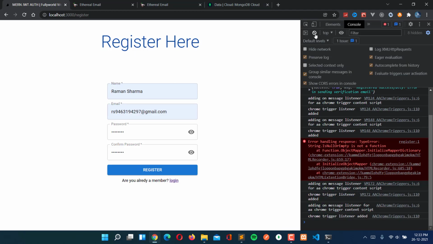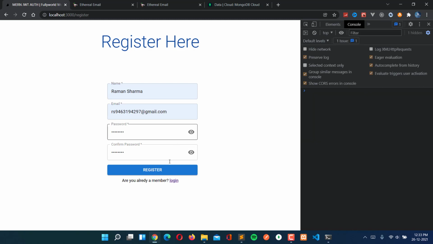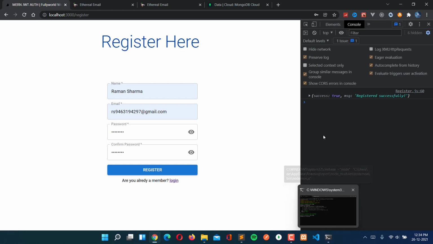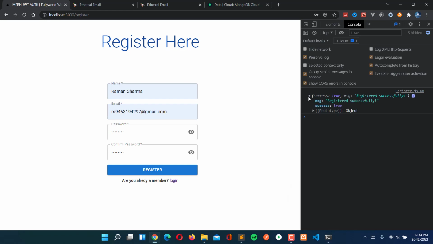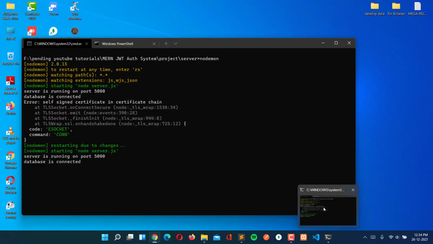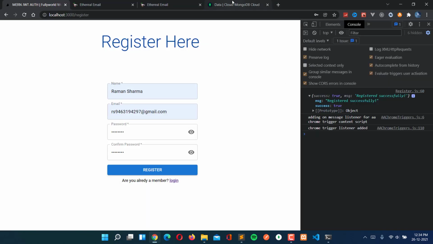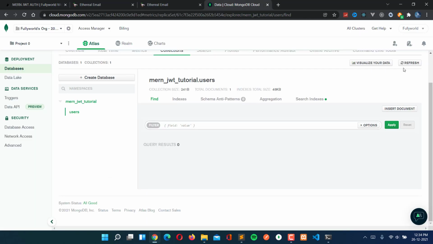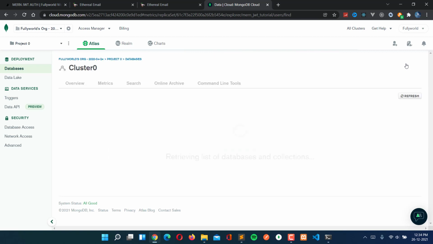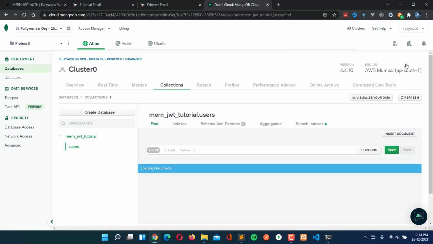Let me close this, clear our console, and now click on register again. Let's see what we get. I have clicked on register, so now we should not get any error. See, we are getting success: registered successfully. This means our user is registered, and when I refresh this we should see the changes.